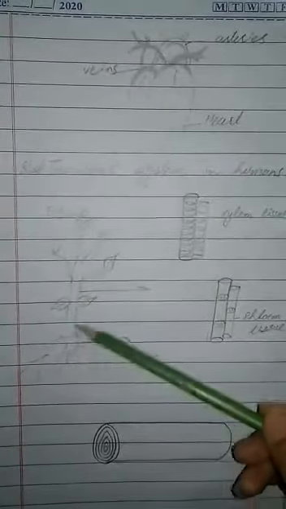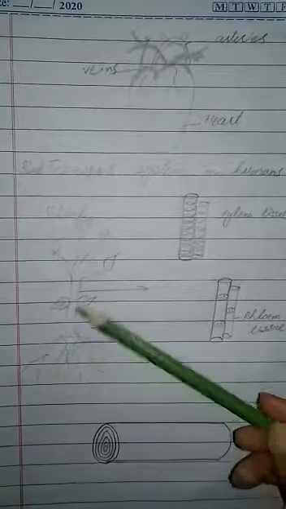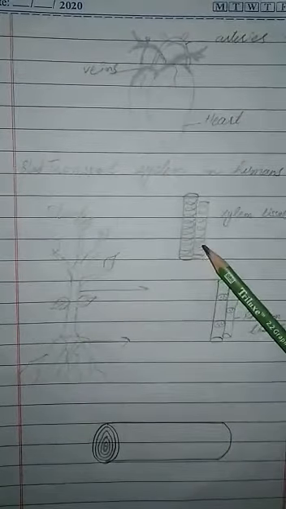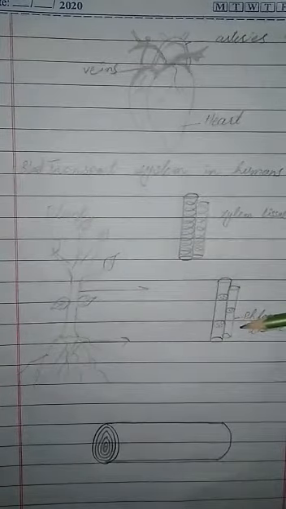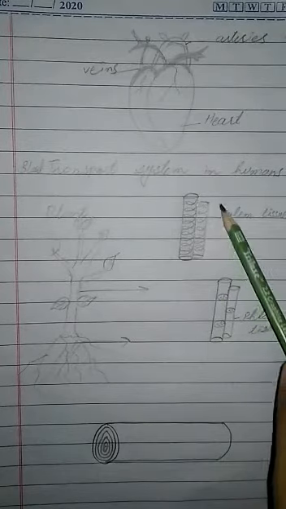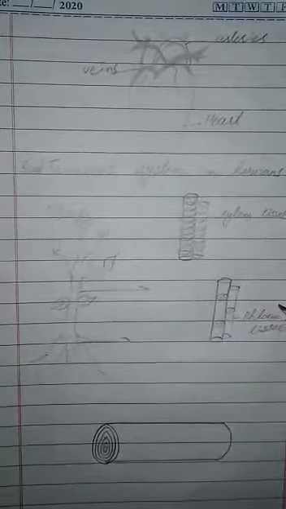The plant's transport system is present in roots and stem. Roots and stems are plants' organs and these parts contain two kinds of tubes. One kind of tube is the xylem tube and the second kind of tube is the phloem tube. Both these tubes help in the transport system. Xylem tubes are made of xylem tissues and phloem tubes are made of phloem tissues.